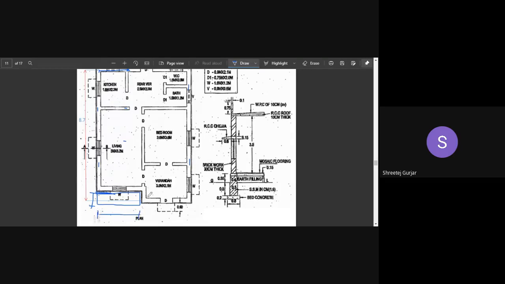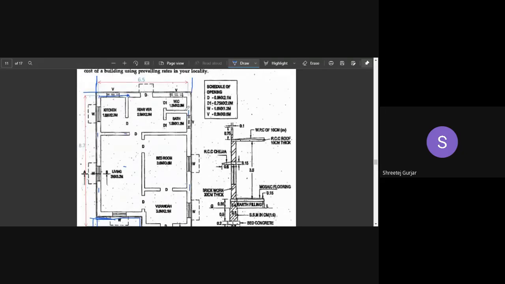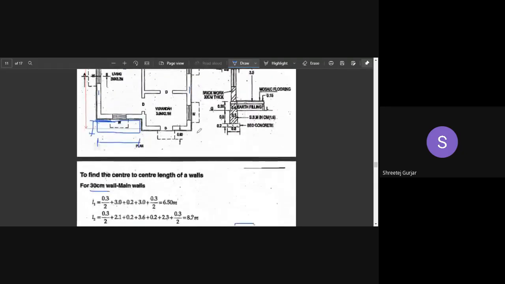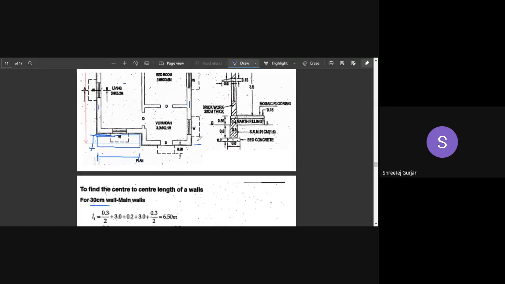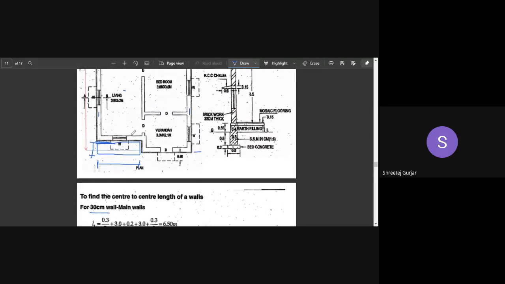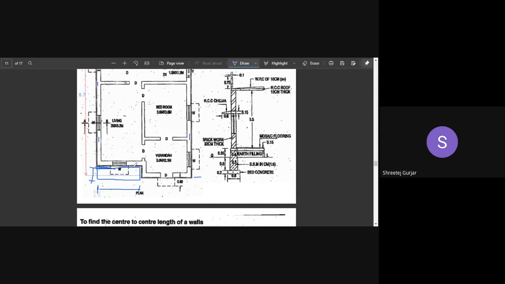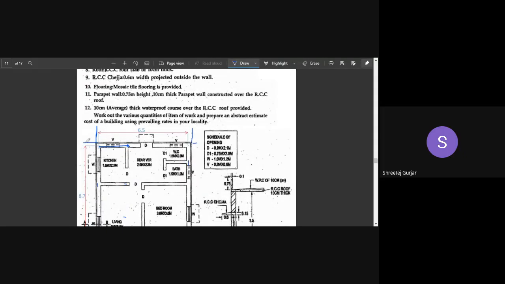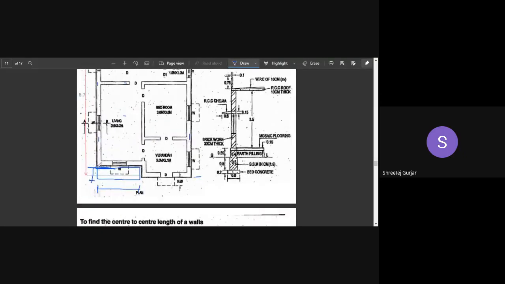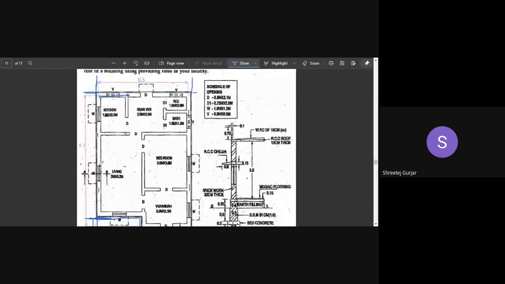Okay, so how can we calculate this open area length and breadth? This is the length and this is the breadth. We need to calculate. So what we can do is we know the out to out distance, from here to here it is 9 meters. And we can calculate the out to out from here to here, so that we can calculate how much. Let me just calculate it for you, starting from the top. I'll calculate the out to out distance.